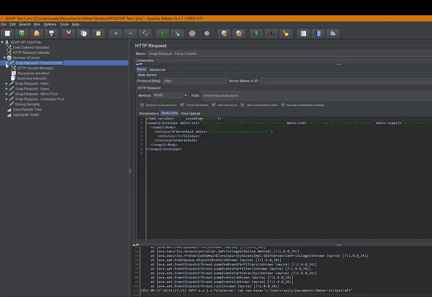I'm going to expand the first one. I called it temp convert. This was a particular API that was supposed to provide conversion between Celsius and Fahrenheit and the other way around. In this particular one, I'm just using the one that will convert a value. You provide a Celsius number and it will respond with a Fahrenheit degree value. So here in this particular